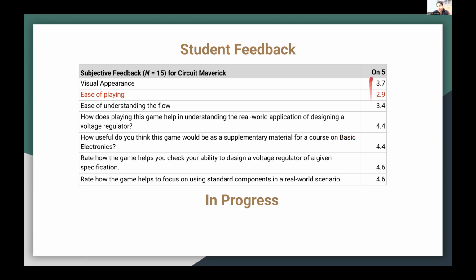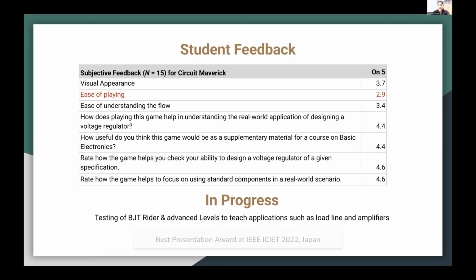These are the aspects that we are now focusing on while we try to improve these games, and also develop advanced levels, teaching more complicated topics of circuit design, like the concept called load line, and how you choose the operating points and all those things. I'm very happy that the preliminary design of this paper received the best presentation award in ICIET